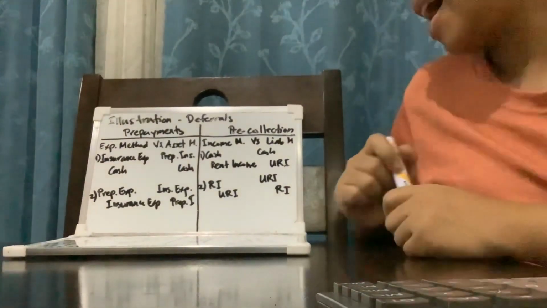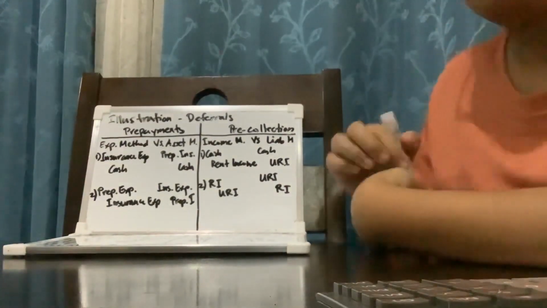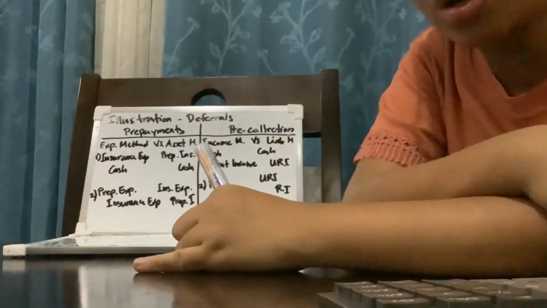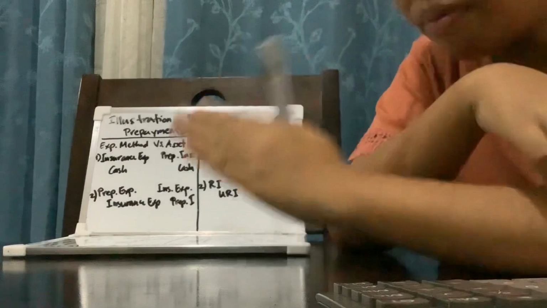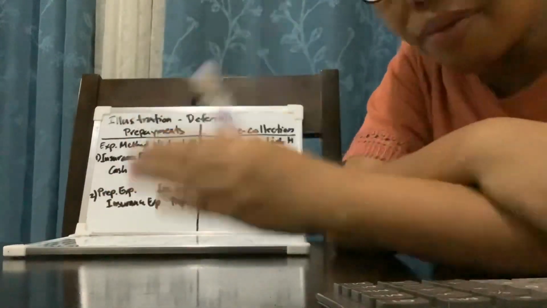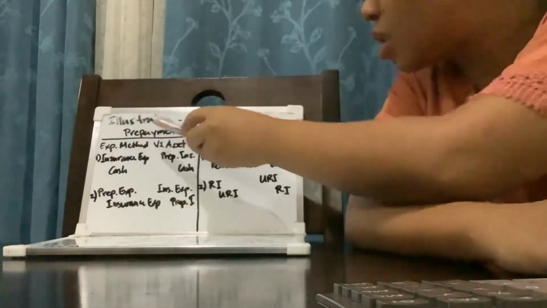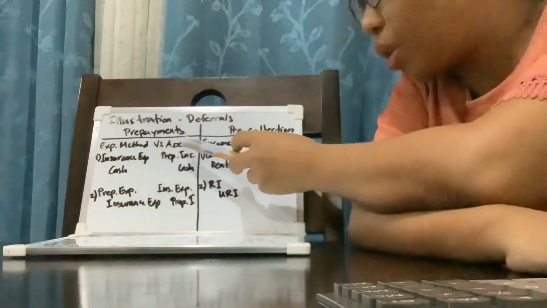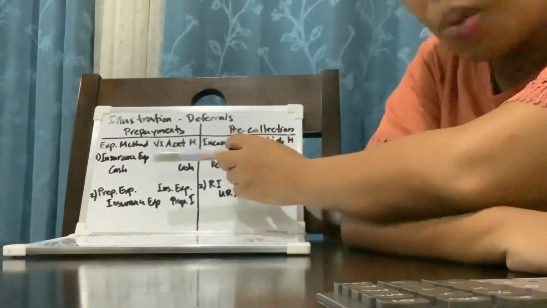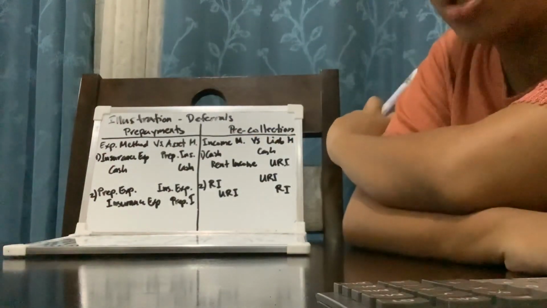Okay, so let's have deferrals. So deferrals may either be pre-collection or prepayments. Pre-collection or advance collection, prepayments or advance payments. So in these two types, there are also two methods nga pwede ninyo pilian in recording for the adjusting journal